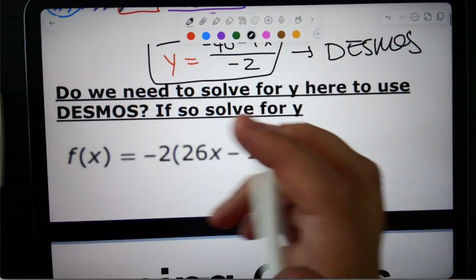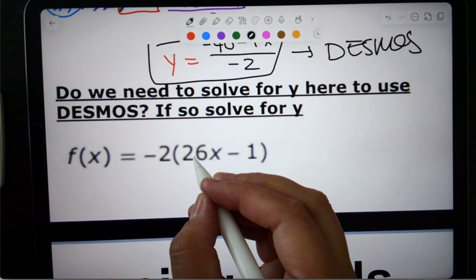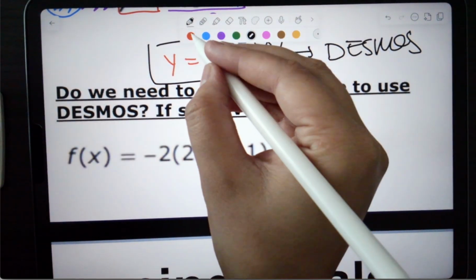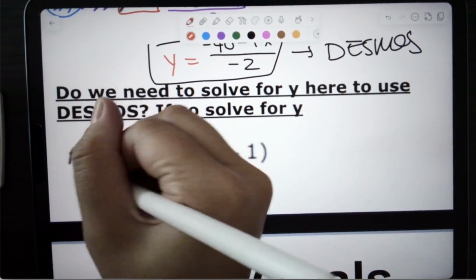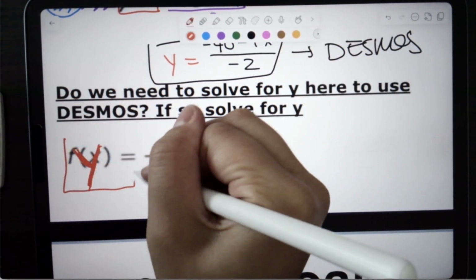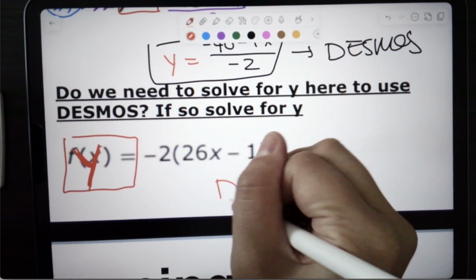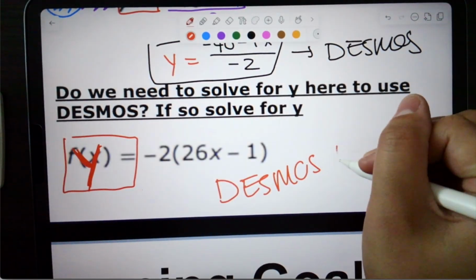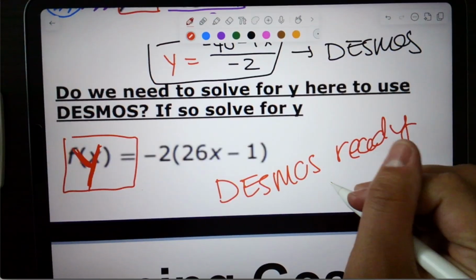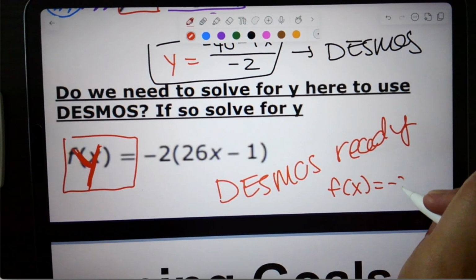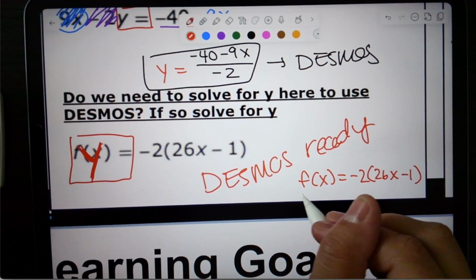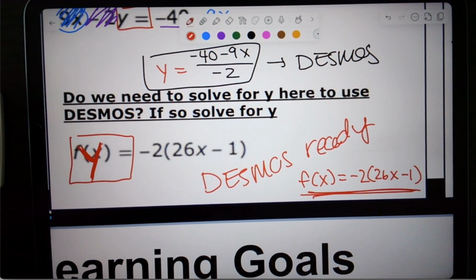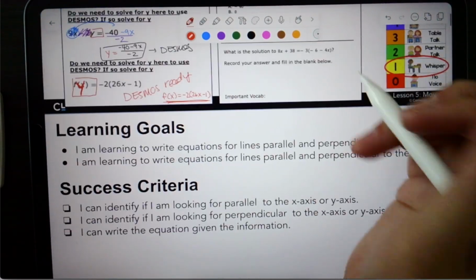For the last one, we have f of x equals negative 2 parentheses 26x minus 1. Remember, this right here is like saying the same thing as y. F of x is y. So right here I have y equals. This one is Desmos ready. And you can actually type it as f of x equals negative 2 parentheses 26x minus 1, and it will work in Desmos. This is also good, okay? So,